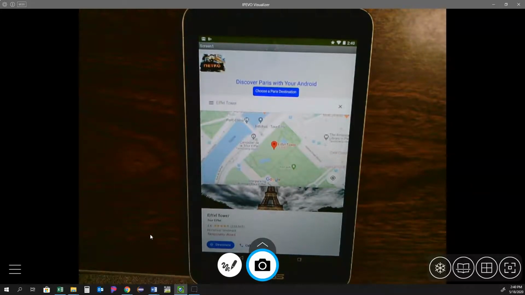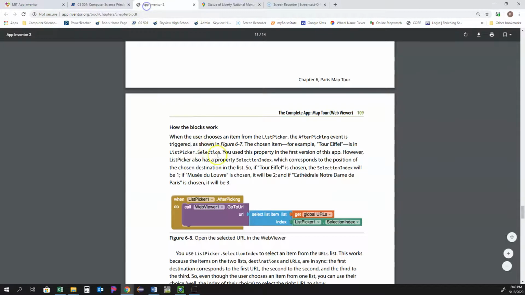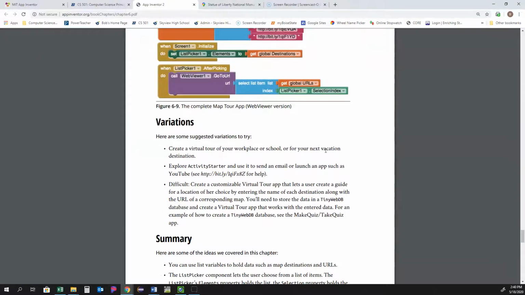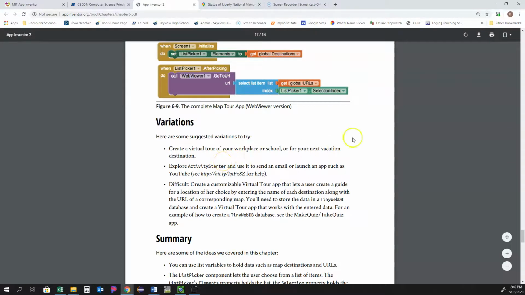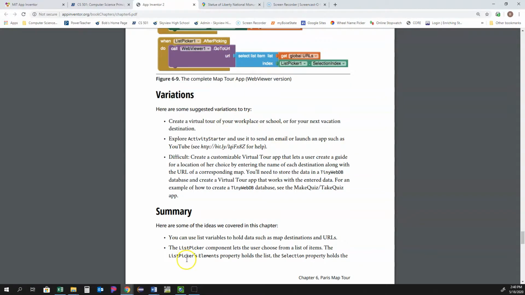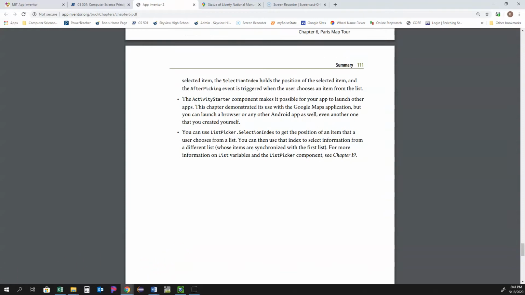Let's check our specs real quick, make sure we're set. This is your completed app right there. Now then, these are some variations that are suggested to try. These always help expand your knowledge, give you a little bit more familiarity with the basic components of your App Inventor program. So it is always a good idea to expand your knowledge and to try some of these variations. All right, that's a little tutorial on your